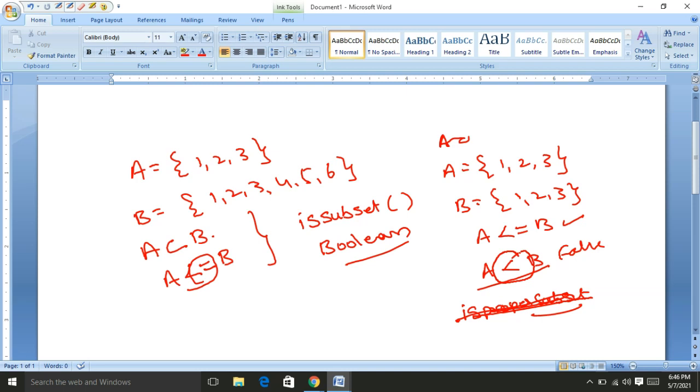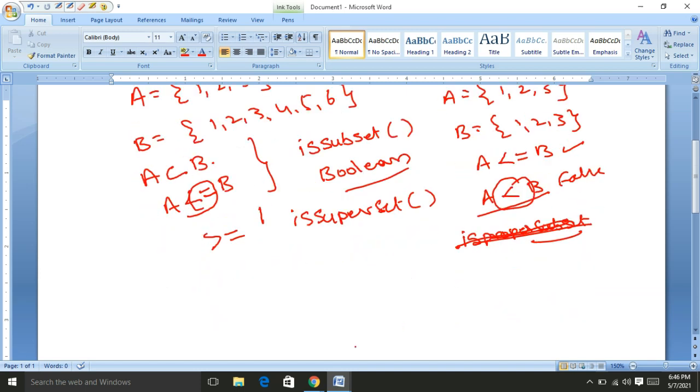In the same way, I am going to check the superset. To check the superset, again, we have the method is superset. This is the method, and the greater than or equal to symbol, right? For checking the superset. It is also possible to check whether it is a proper superset or not. For the proper superset, there is only the operator greater than, there is no method. Okay, I will demonstrate this too.